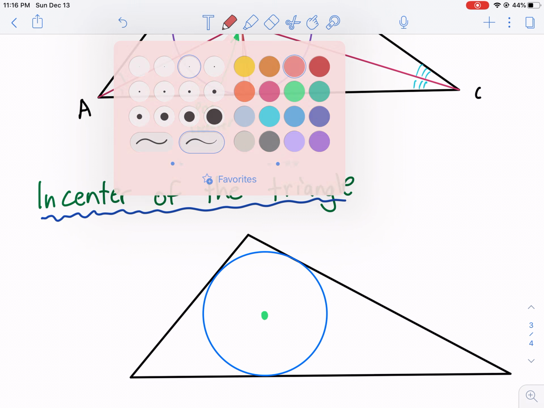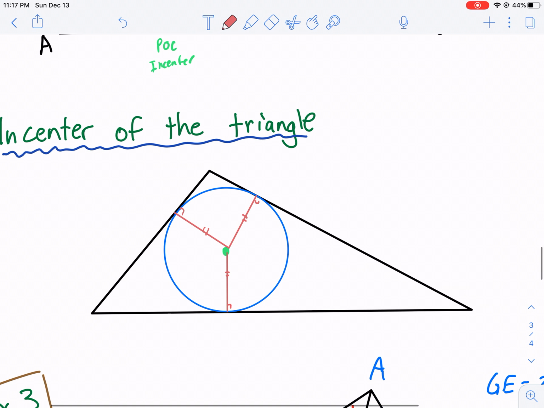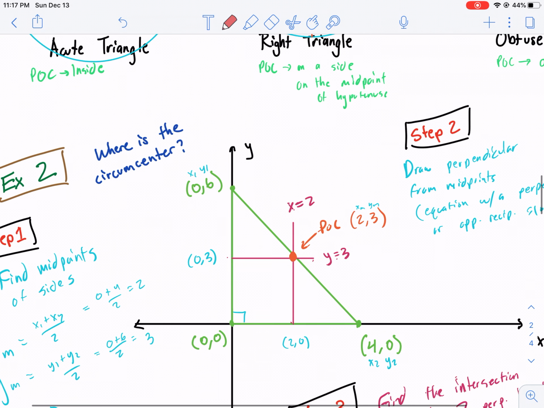Each one of these things that we just drew is the radius of a circle. Okay, so this radius meets the side at 90 degrees, and they're all equal to each other because it's a radius, and radiuses are equal within the same circle. But what does this distance represent? In this one, it represented,